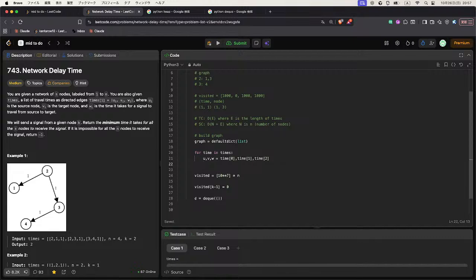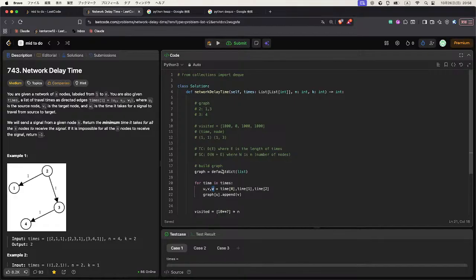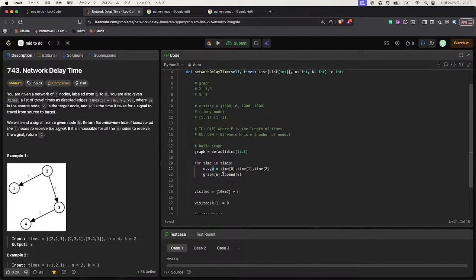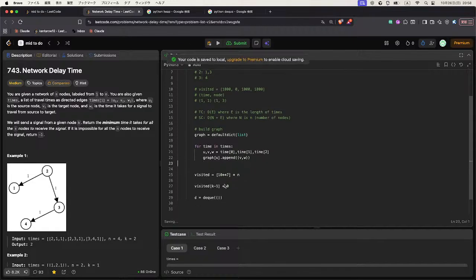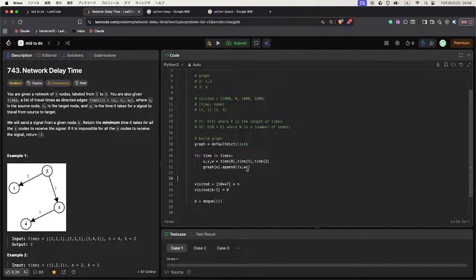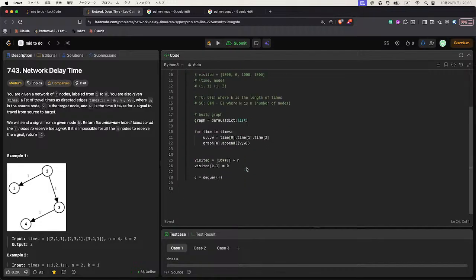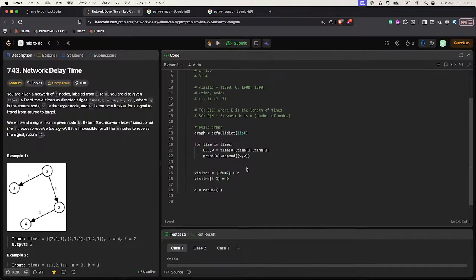The graph U, append V and W. Okay. V and W, we need it. Yeah, we need target and its time to go there, and